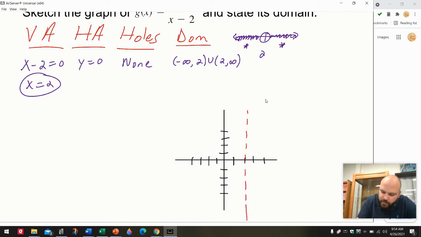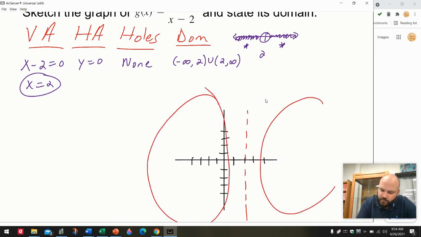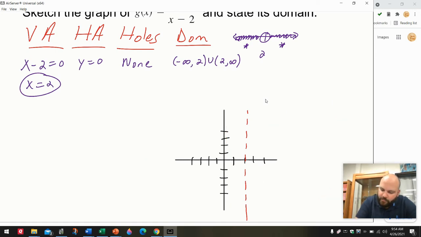And then the horizontal asymptote occurs at y equals 0, just like that. So now the main thing that I want you to see from this, and I should have backed up, is to see the vertical asymptote splits my graph into 2 distinct sections like this. And that's very important for the next step, which is going to be to make a table for each of those